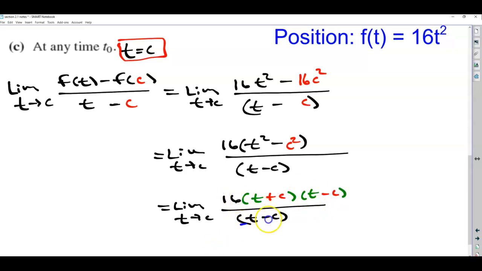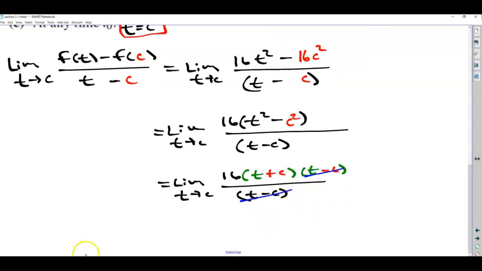And notice the benefit to doing that. When I factor that out, what happens? The t minus c factors go away, and now I'm left with a limit as t goes to c of this new function. Well, I'm going to save some time, and I'm going to say, let's plug t equals c. Let's plug c in for t. So I get 16 times, here's t getting closer to c, so c goes in. And then I get c plus c, which is really 2c. 16 times 2 is